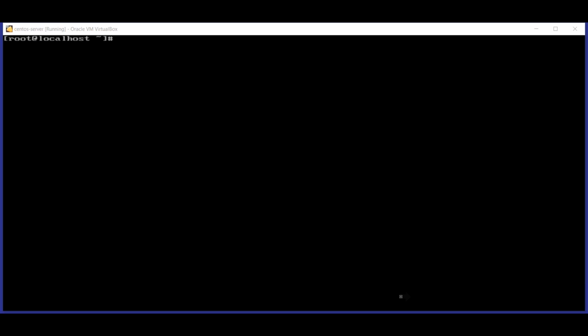This is installing and using Docker on CentOS 7. So I can start it, I think. So Docker is an application